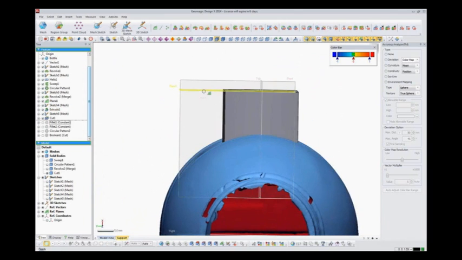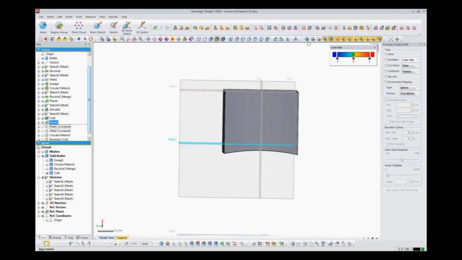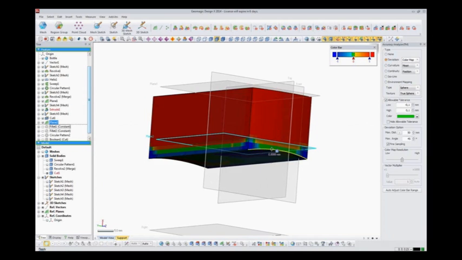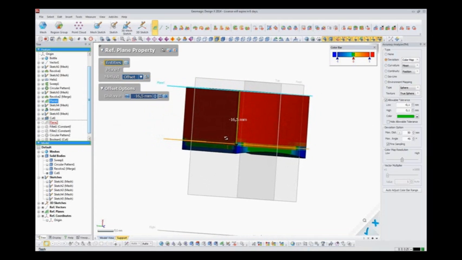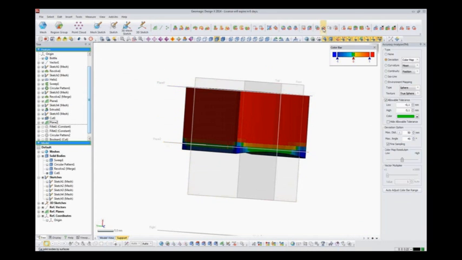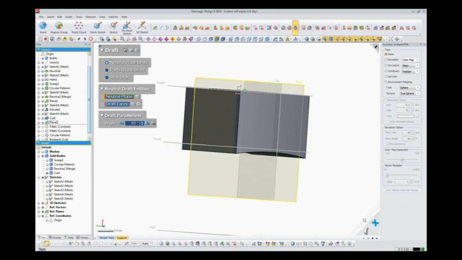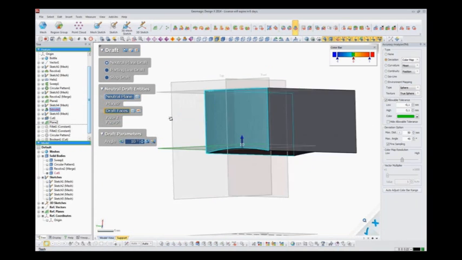The draft function is basically working with a central plane. So I can use a plane at the position where it fits, where it is green. So let's turn on the deviation, and then just drag my plane a little bit down. In this area, 17.5 seems to fit. And now I will do the draft using that neutral plane, and I will draft those faces